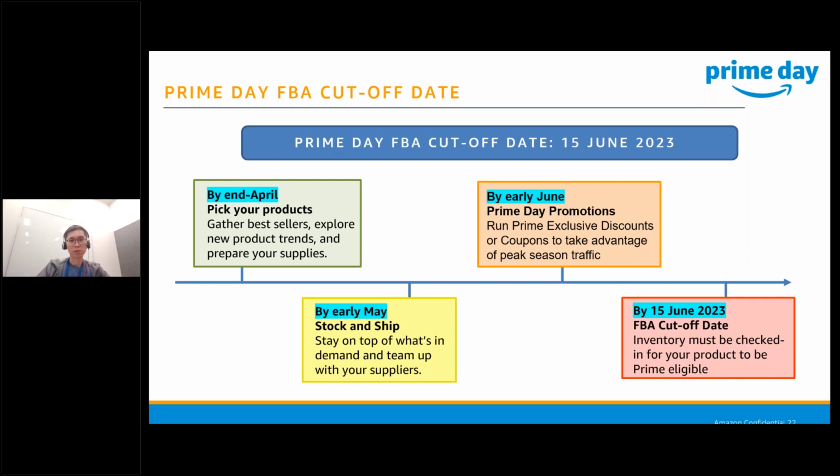So typically, as you would probably know as well, most sellers would ship to the fulfillment center using sea shipment. It's more cost effective typically. And because of that, it would take about 1 to 2 months to reach our US fulfillment center. So again, you need to start shipping your products in.